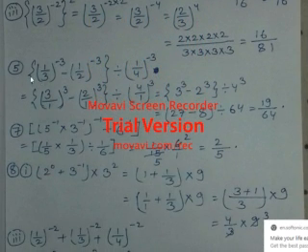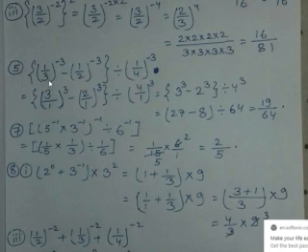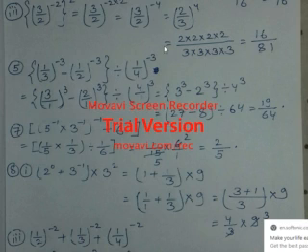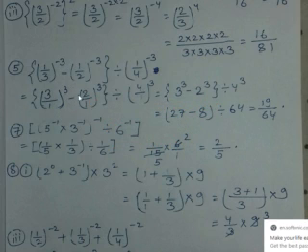Now if you see question number 5, it is {(1/3)^-3 minus (1/2)^-3}, inside a curly bracket, divided by (1/4)^-3. So what we will do, we will solve the problem inside the curly bracket first. You can see at first I made the negative powers positive, so it becomes (3/1)^3 minus (2/1)^3 divided by (4/1)^3. So it becomes 3 cube minus 2 cube divided by 4 cube.